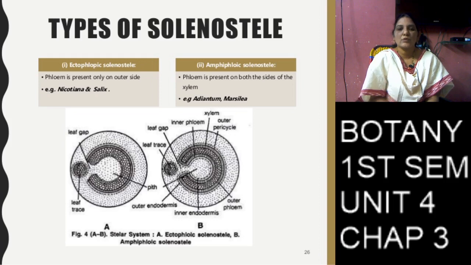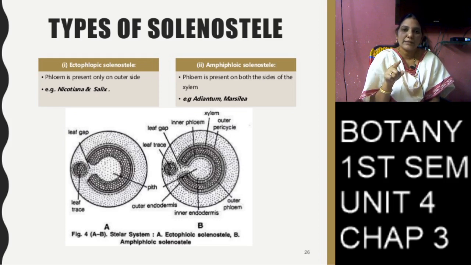So here also the medulla is present in the middle of the place, and the xylem is present at the middle of the stele, so it is not covered to the medulla. So the xylem is present in the middle of the stele, and the phloem covers the xylem on both sides, outer side and inner side. So that is called outer phloem and inner phloem.